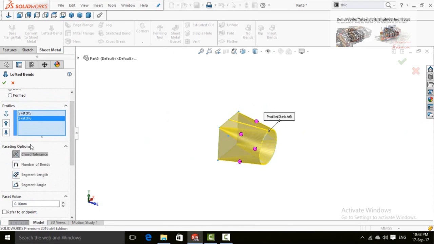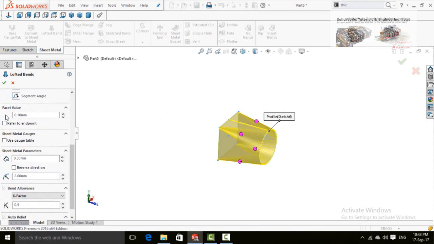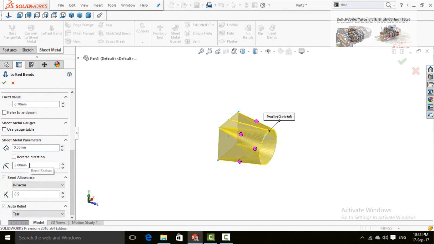You can review these options by yourself. Reference endpoint, use gauge table, or... Here is the thickness for sheet, here is the bend radius and bend allowance and rest of the things. So press OK button and this command will be applied.